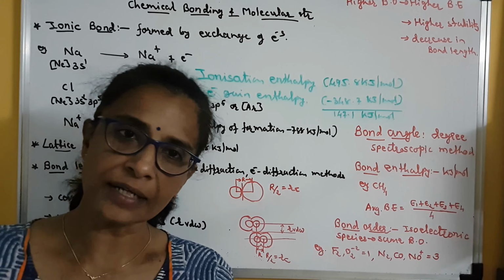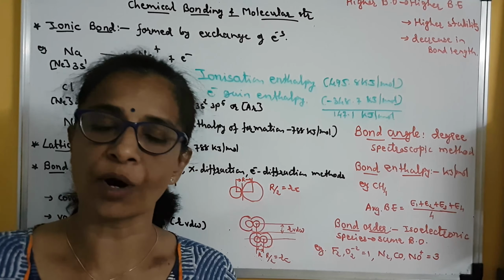Ionic bond is that chemical bond which is formed by transfer or the exchange of electron between two or more atoms. So here from one atom electron is transferred to the other atom, or we can say that out of the participating atoms one atom will lose electron and the other will accept electron, means there will be exchange of their valence electrons. Clear? So here I have written ionic bond is formed by exchange of electron.